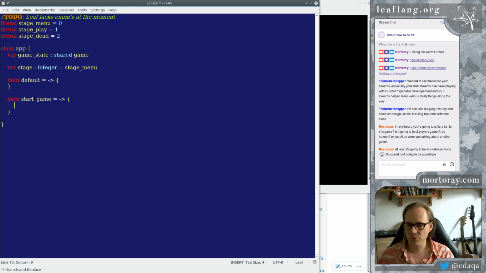Start game, and this is, I don't know what this does yet. We're going to create probably a new game state. Game state equals type shared game, create one of these. And this resets the game entirely if we start the game. It starts with an initial game as well, but when we start the game, we're going to do a new one, and that's really weird. It should be more like end game, so